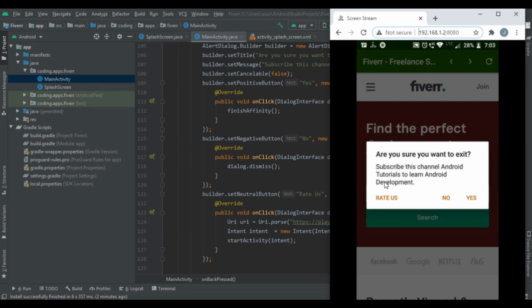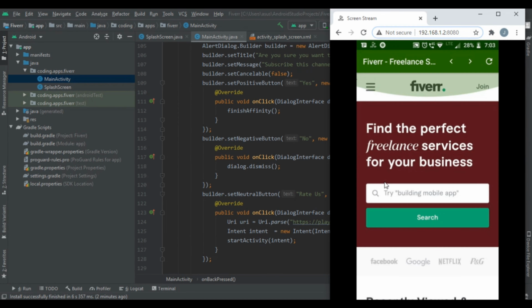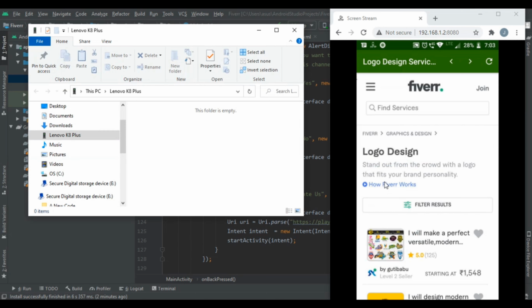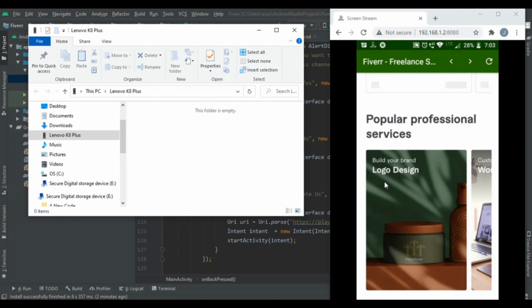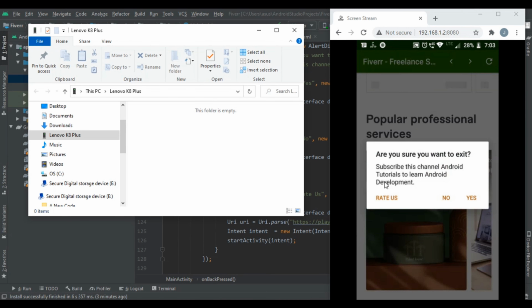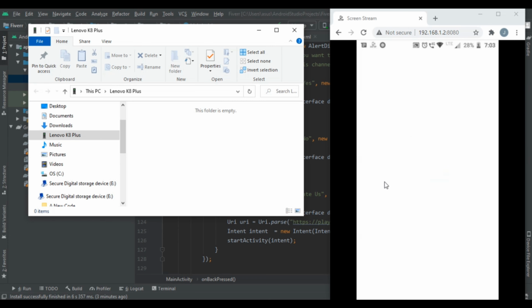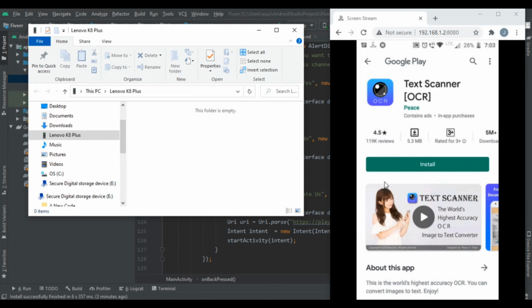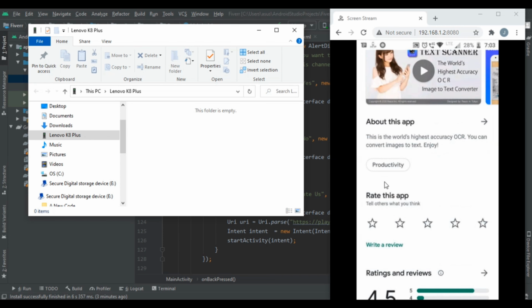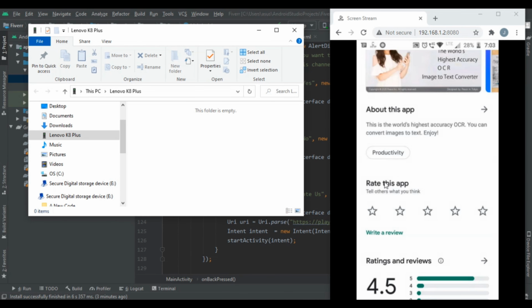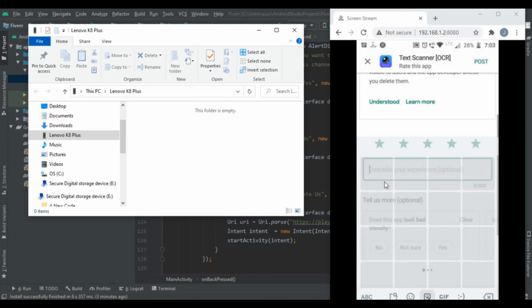After that, first of all let me show you the back press method of our WebView which we had created in this Android tutorial. First of all we are going to click on it. Then we are going to click on back press. After that you can see our application is loading, and when we click again, it's showing this. Then as we had asked for rates, when we click on the rate button, our app store opens and our application is loaded. So from here the user can rate us. After that we are going to close our application.